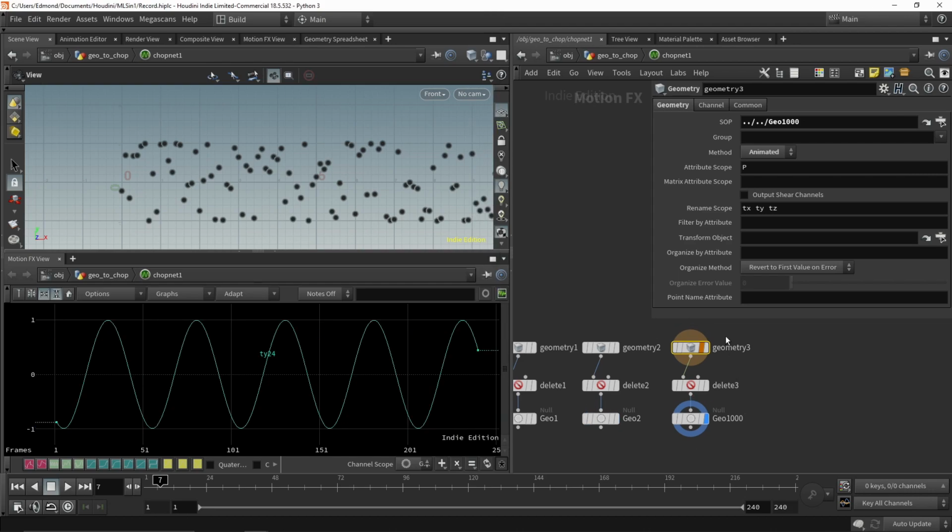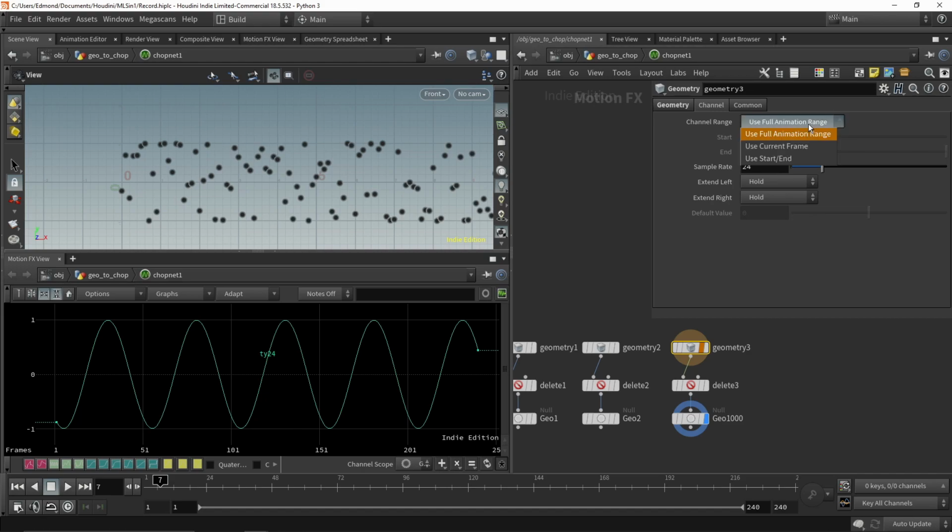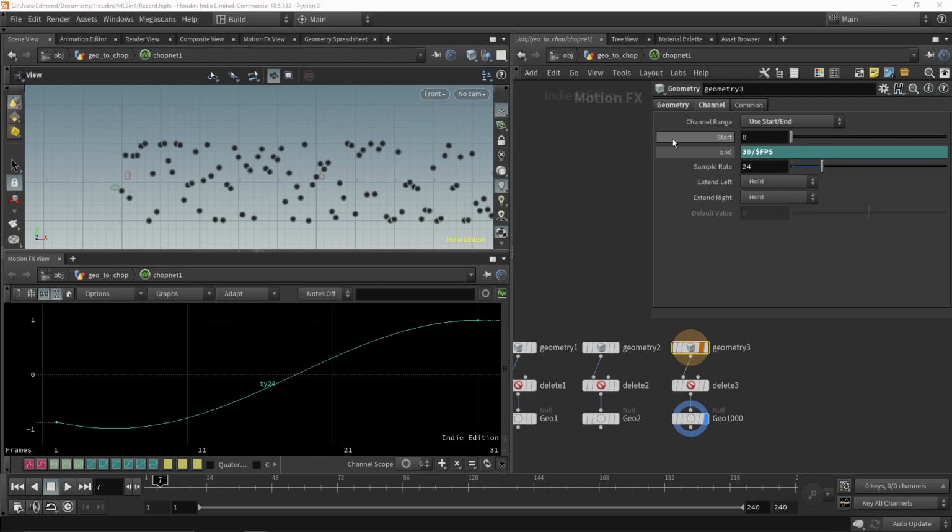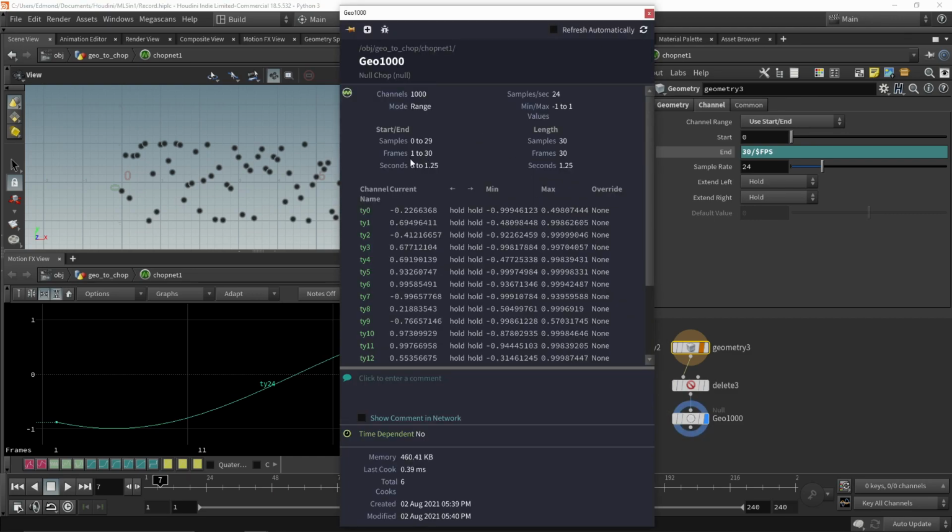The last thing I want to mention is the channel range parameter, which can be used in start and end mode to specify manually the start and end range that we want to import. Those two parameters are in seconds, so if you want to import frame 1 to 30, we want to use 30 divided by the frame rate as our end parameter. This way we built a collection of channels, which can be seen as a collection of lists, where each list is a different point, and each index of that list is a different value of P at a different frame.